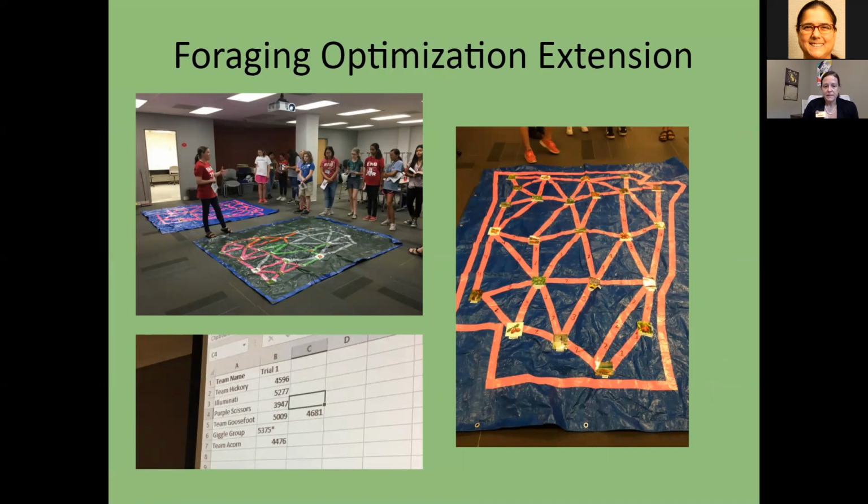The foraging optimization extension and the way that we have implemented it in camps and in classrooms is by actually drawing the map of Arkansas out with tape on very large tarps and putting the wild food resources at the nodes where lines intersect, and then dividing the students into groups or pairs, and having them make a contest on who can gather the most calories while expending the least amount of